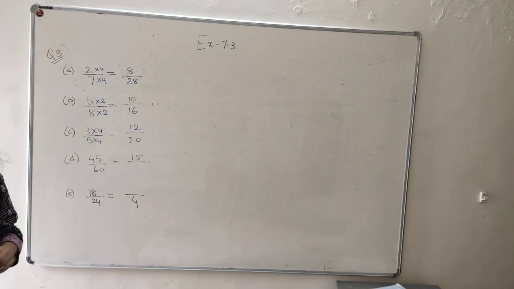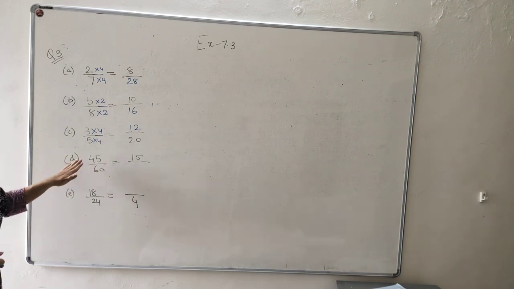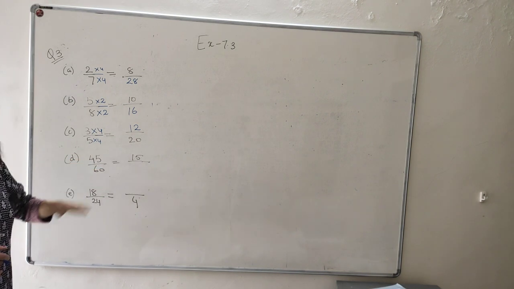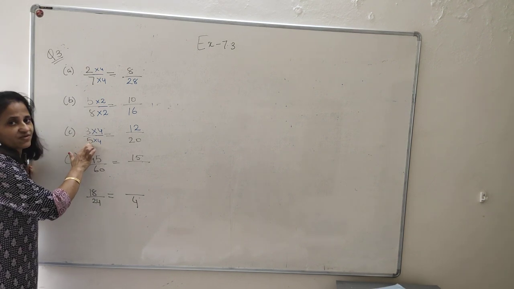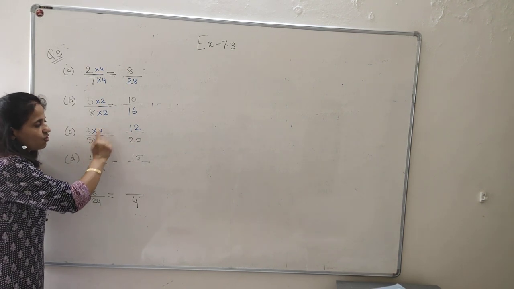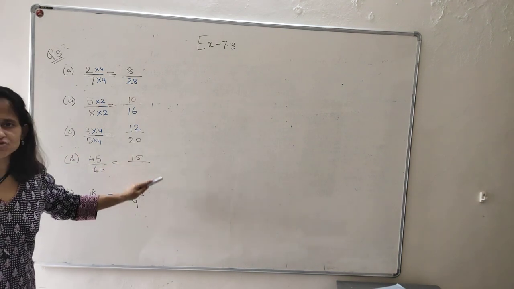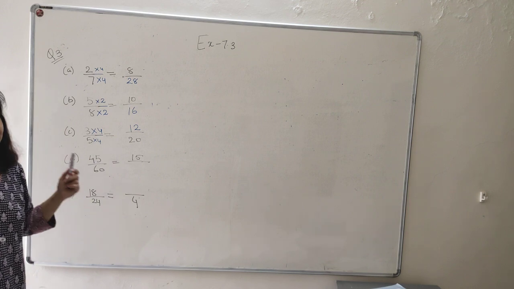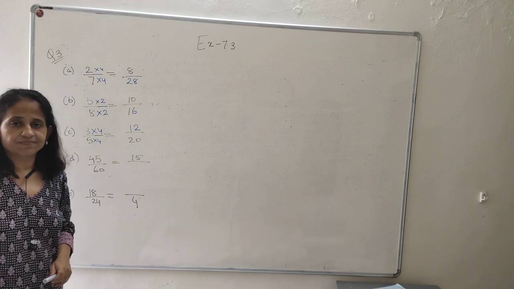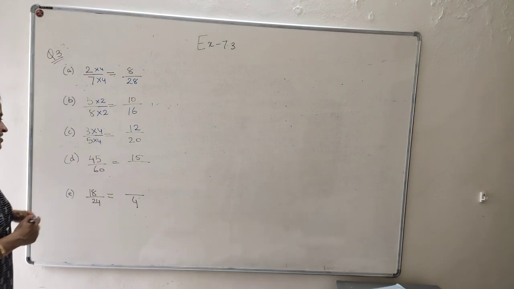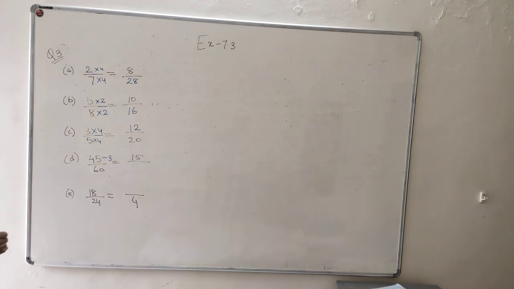Now here comes the twist in the question. 45 upon 60. What should I do to 45 to make it 15? Now, when it was 5, you made it 20. From small to big, you multiply. But 45 to 15, from big to small, what will you do? Divide. Now, by which number shall I divide 45 so that I get 15? 15 3s are 45. So I'll divide 45 with 3, so only I'll get 15.